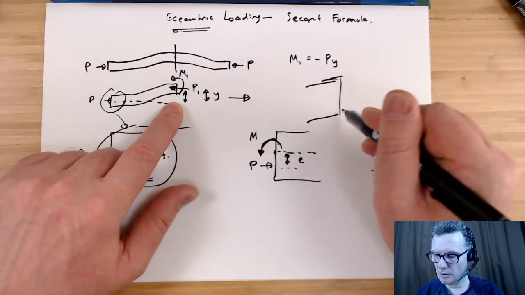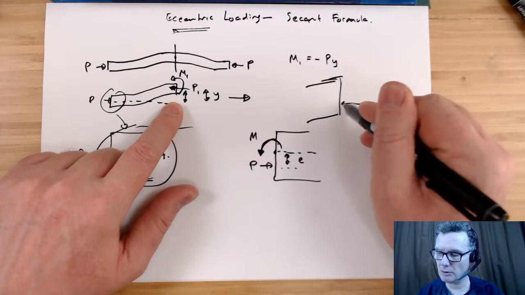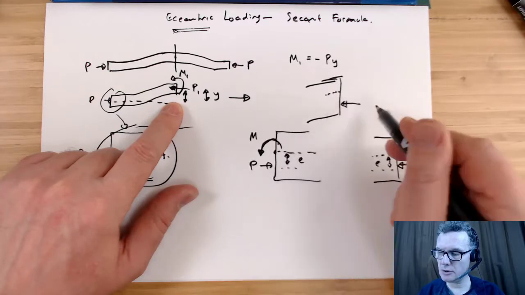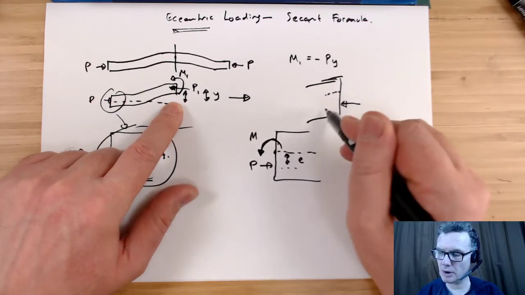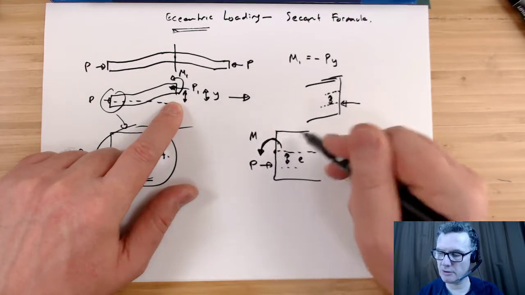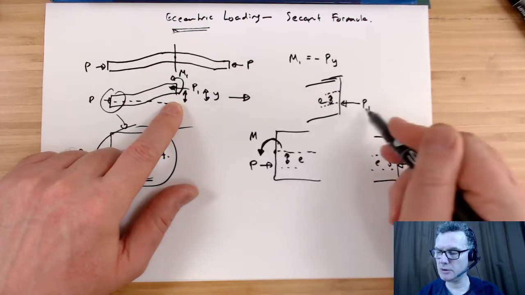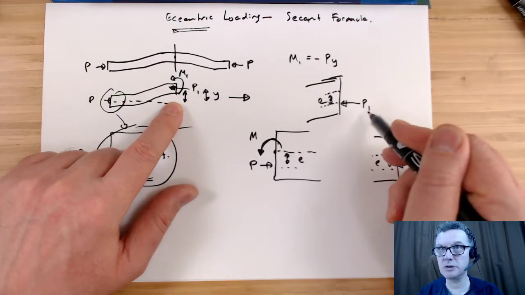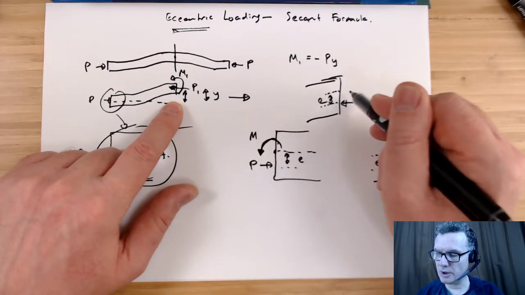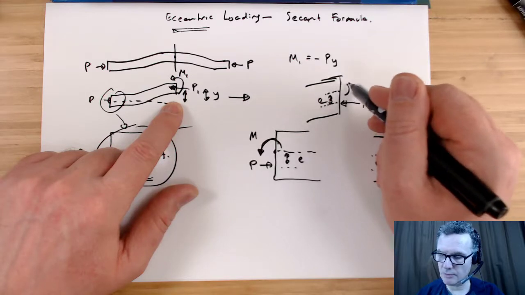The P, the internal force here, will be applied not along the neutral axis, but along this sort of offset e, so we're assuming that the thickness is staying the same. So that's where an internal force is being applied, and we will then just stick on to the M1